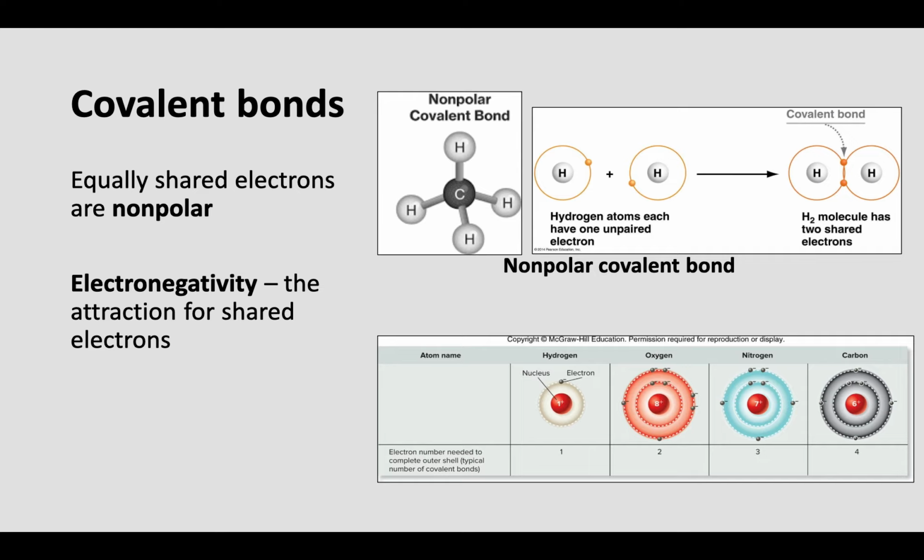All right, now if the two atoms that are in a covalent bond have the same or at least very similar electronegativities, it's going to be a nonpolar bond. All right, they're sharing those electrons equally. One atom is not fighting for electrons stronger than another atom. All right, they're completely sharing it as equal as you could possibly share an electron. All right, now this becomes important when we talk about atoms that are more electronegative than others.